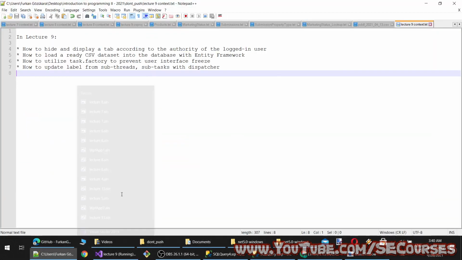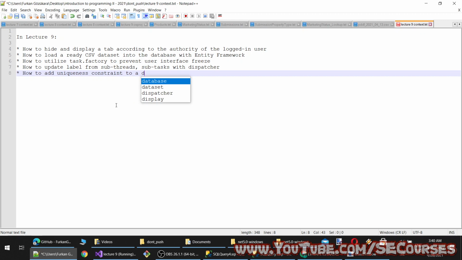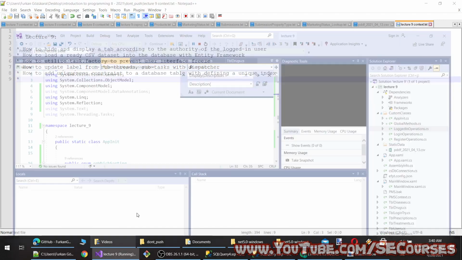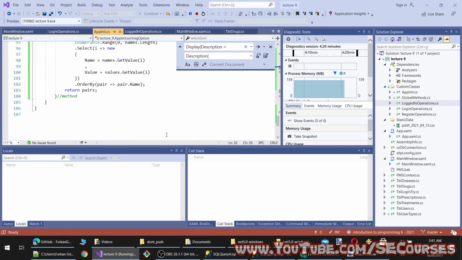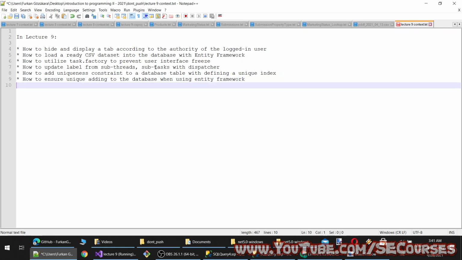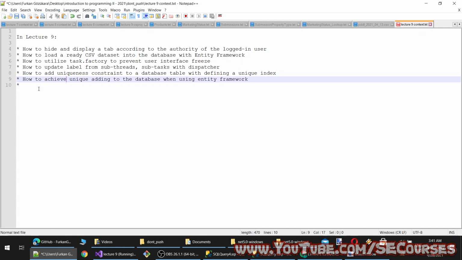Oh, how to add uniqueness constraint to a database table with defining a unique index. Okay, and how to ensure unique adding to the database when using entity framework. Okay, or how to achieve the element. Let's say how to achieve